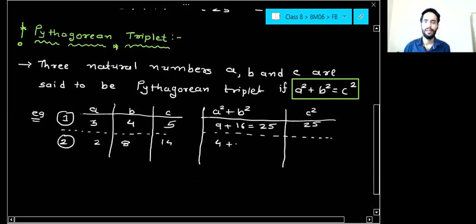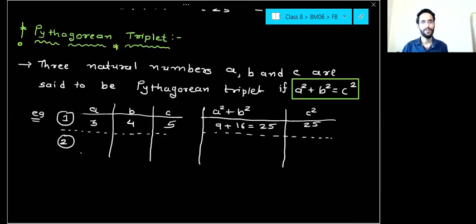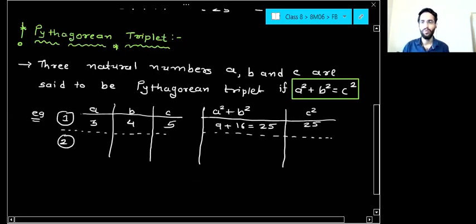Okay, so let us check this. 2 square is 4, 8 square is 64, total 68. No, this is also not good. Sanvi, no, 1, 2, 3 is not good. Let me give you one thing. Yes, Nishka, I can take 7, 24, and 25, but let us take small examples first. Yes, Varsha. If you multiply by 2 here, can I write this as 6, 8 and 10? Check. 6 square is 36, 8 square is 64, and 36 plus 64 is 100 and 10 square is 100. So both are the same.